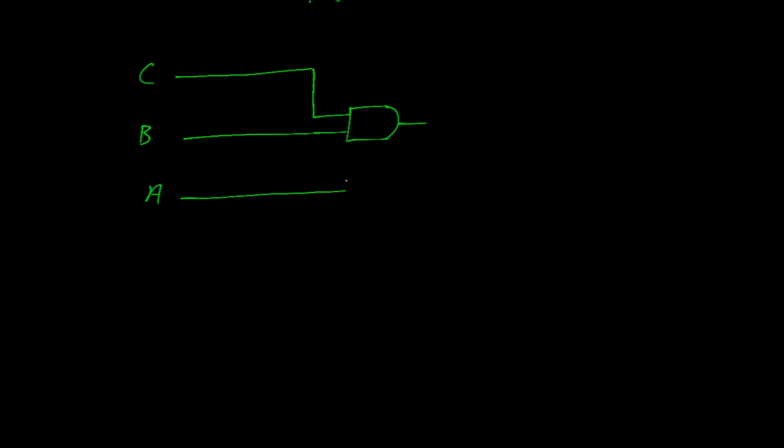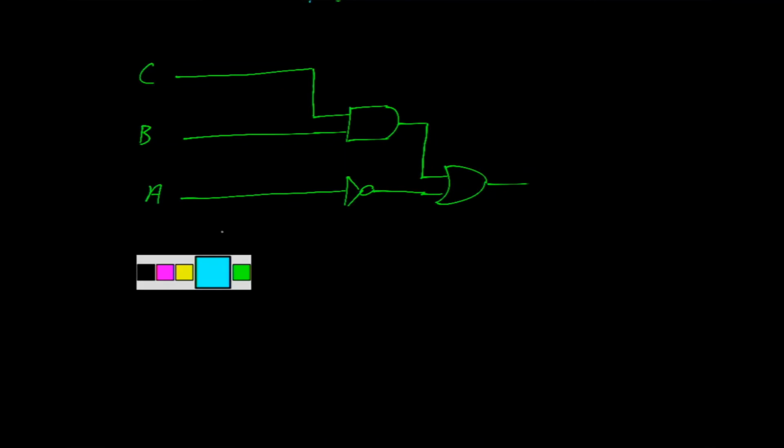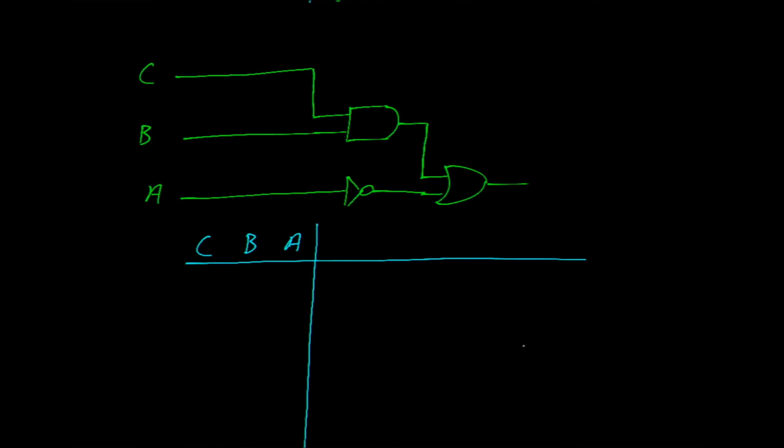Here's another circuit that we can convert to a truth table. Input C, B, and then we have A. But A goes through an inverter. The results then go through an OR gate. This has 3 inputs, so we write those in our truth table as C, B, A, starting with our A